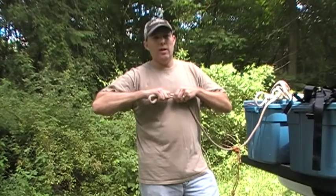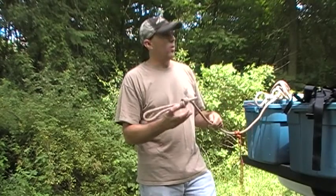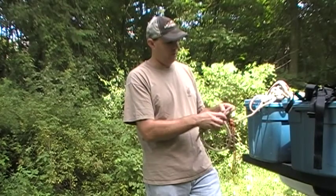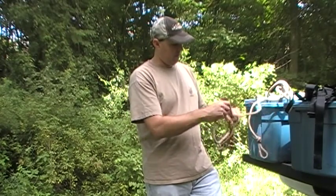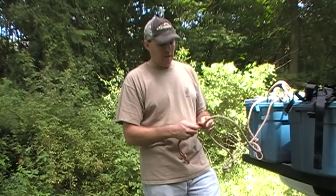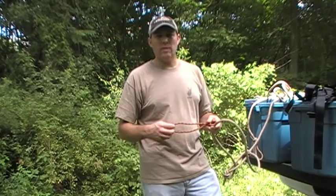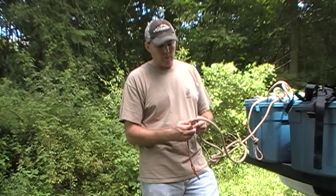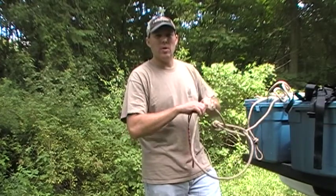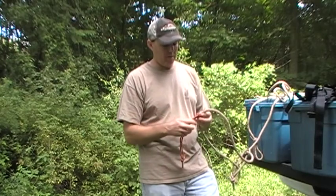and a nice slip knot here, and then I run that around the top of the tree where my anchor point's going to be, run it through, and then I've basically got this wrapped around the tree, and I'm able to safely tie off. This is what's called a Prusik knot. It slides up and down, so as I'm going up and down I can slide it with me, and then